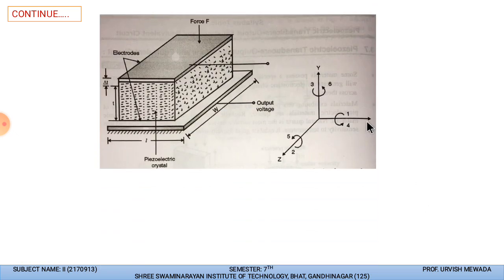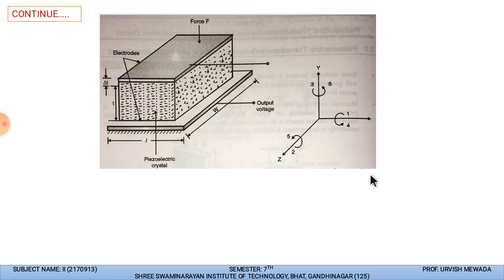So let us discuss the diagram of the piezoelectric transducer. This is the point at which the electrodes are connected, the upper surface and the bottom surface. In between we have delta T, meaning the change in thickness, and this is the force applied, and this is the length and this is the width of the transducer material. So here you can see that when the force is exerted, it causes a change in shape in all three directions, x, y and z.